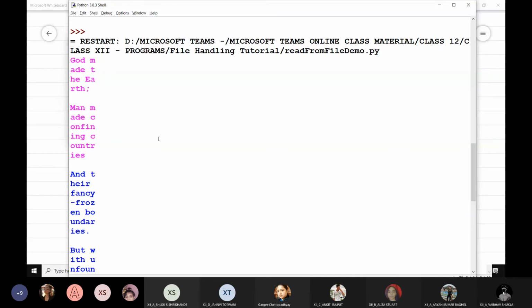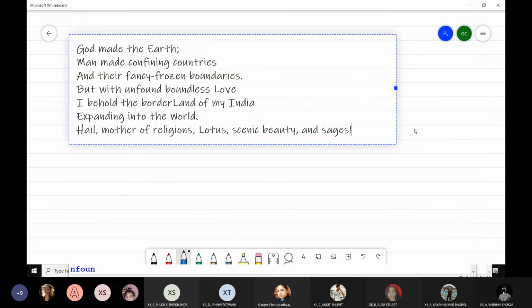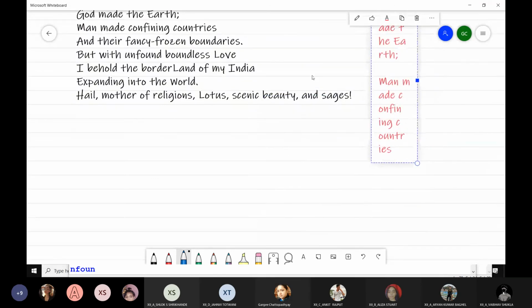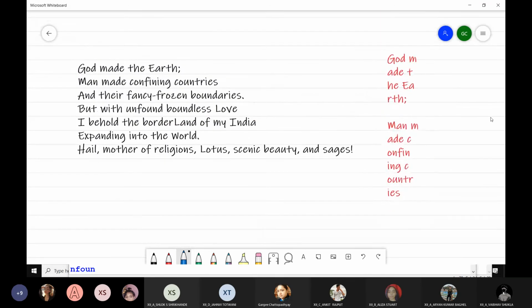Now what difference do you see over here? In the beginning, the file pointer is set at the beginning, right? And because I had specifically written content equals myfile dot readline, how much? 5. That means read 5 bytes.